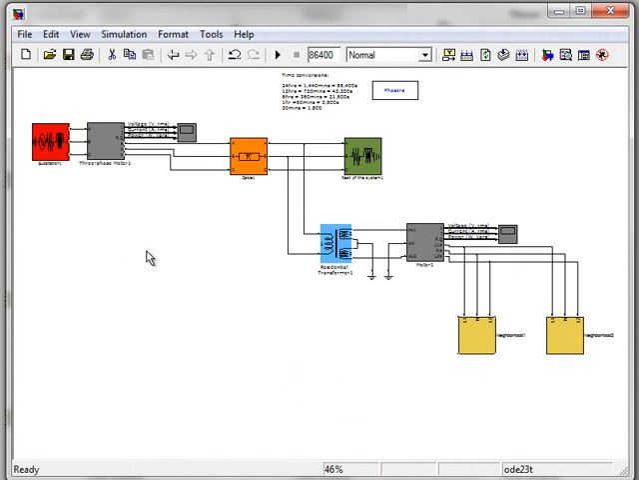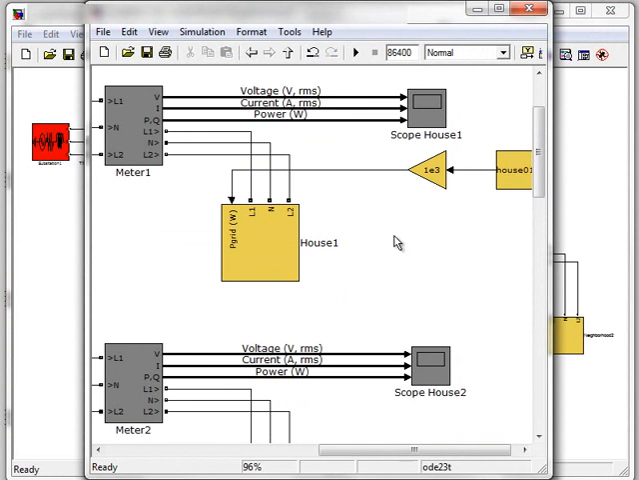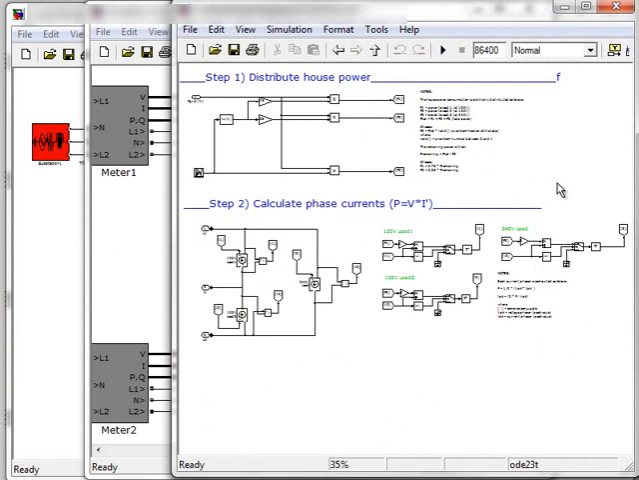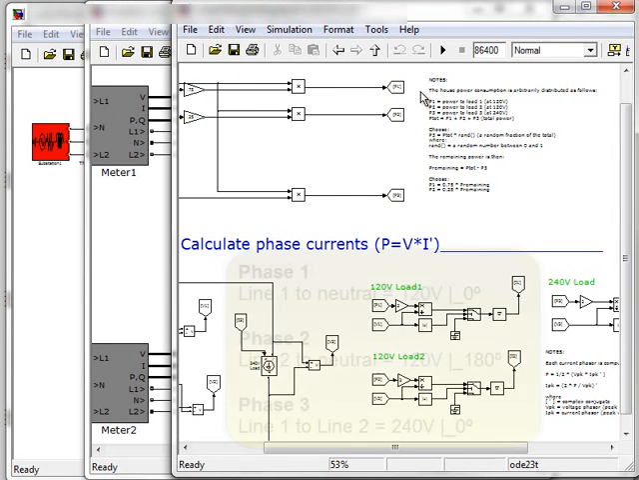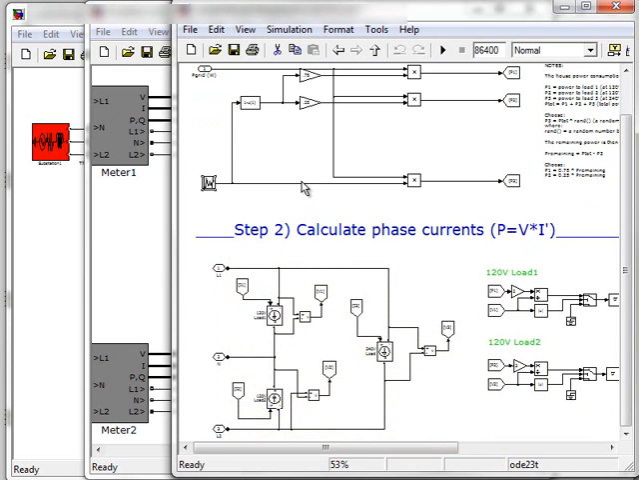Having explained how this model works, let's look inside a house and see how that works. If, for instance, we look at house 1 and we understand that the power is driving this house, we must distribute this power into the power consumption in each phase. So step 1 will be power distribution, which means taking that house power and distributing it to each phase. That means distributing the power to the 120 volt loads and to the 240 volt loads. At this time, a random variable is used to create a random distribution. The second part of this model